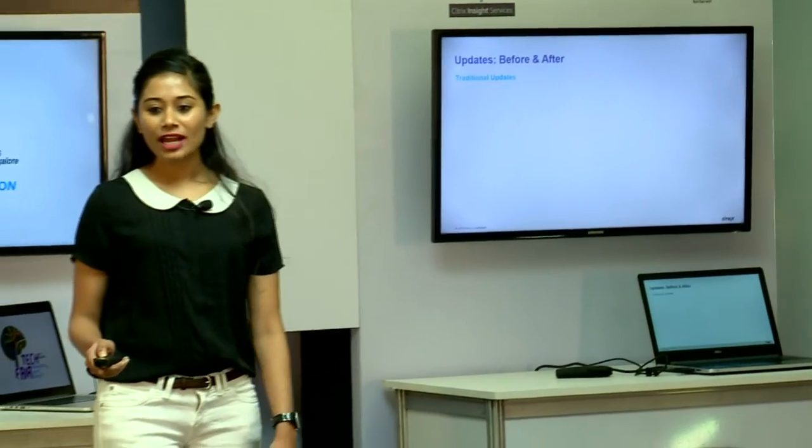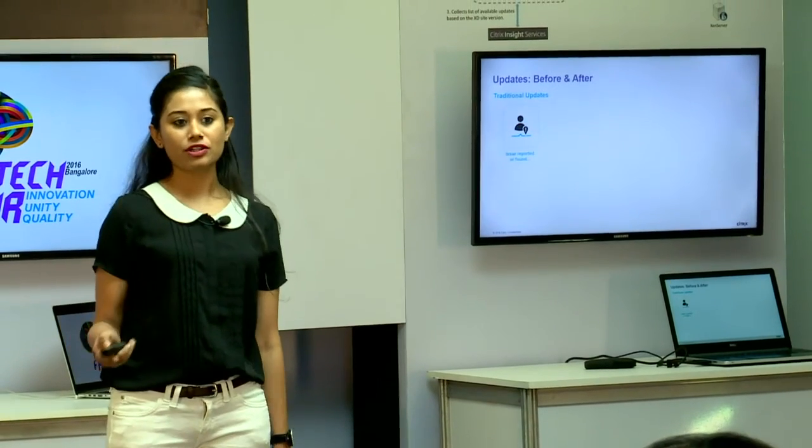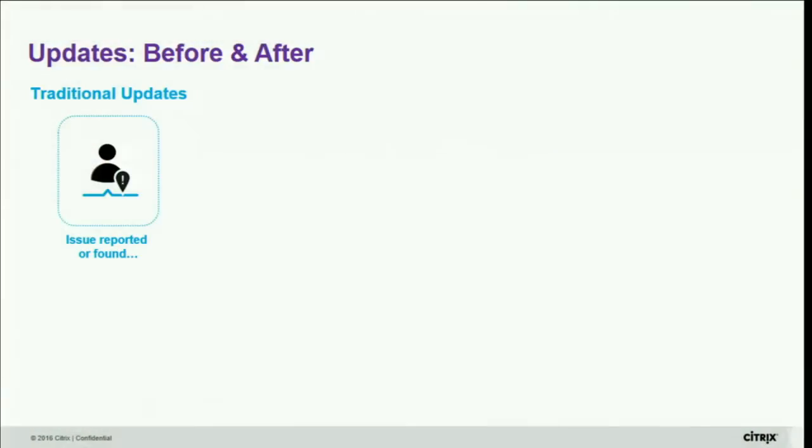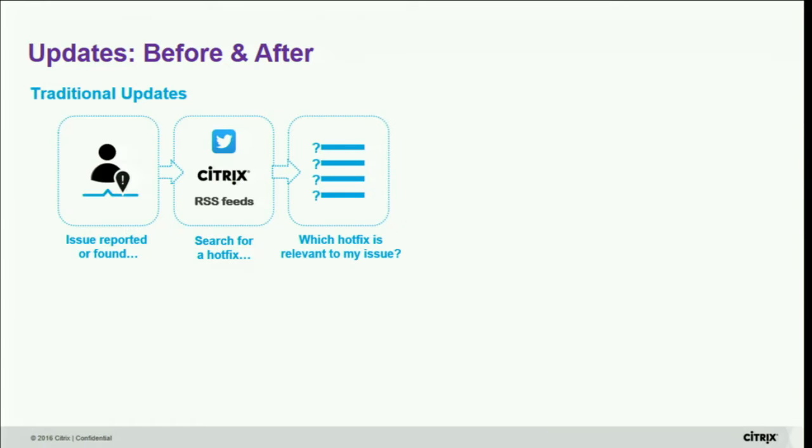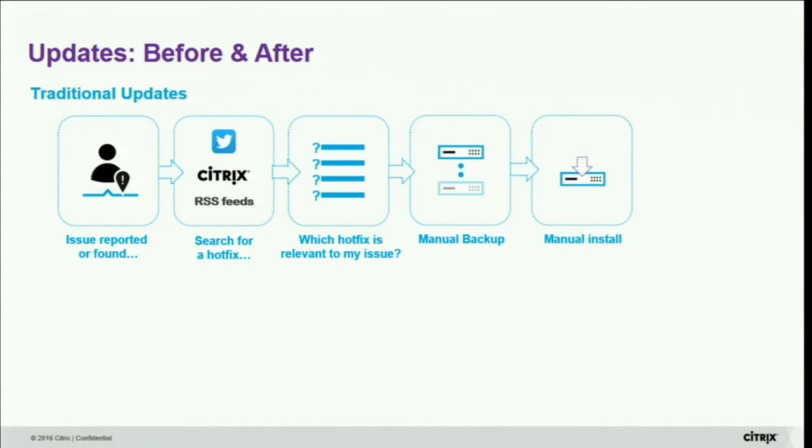So let's take a look at how XenDesktop updates work as of today with customers. When customers face an issue with their XenDesktop environment, that is when they look to hotfix their environment, and they go and search for hotfixes, and they are presented with a myriad of hotfixes owing to many XenDesktop versions that we have, owing to component versions, owing to OS types, owing to OS versions. So it's a non-trivial process of choosing the right hotfix. And once they have the right hotfix in place, they need to manually back up their on-prem environment and then manually install the hotfix update, which is a complex process.